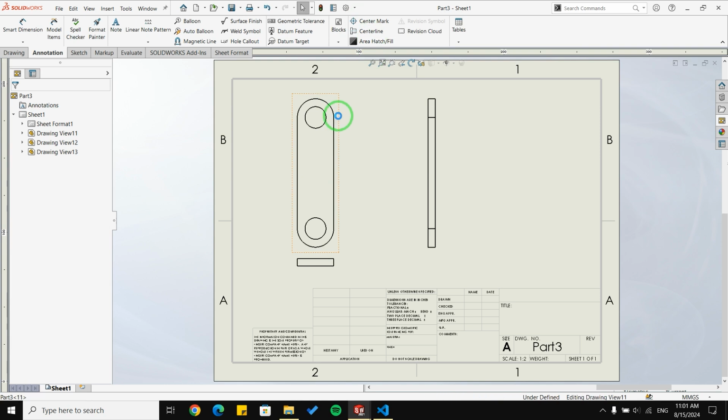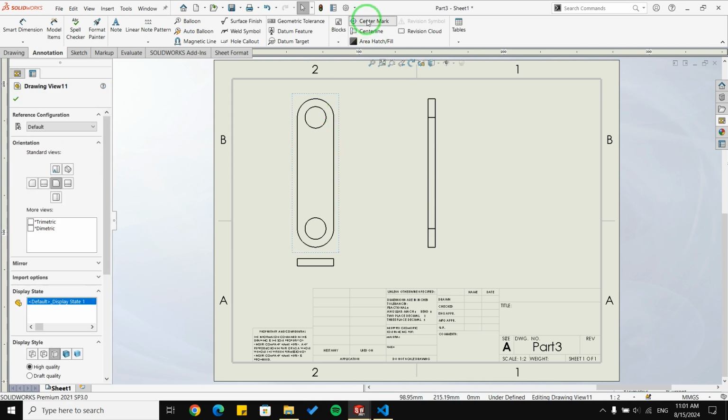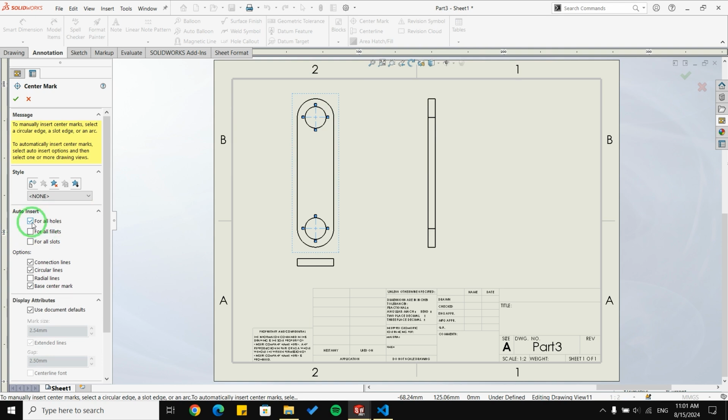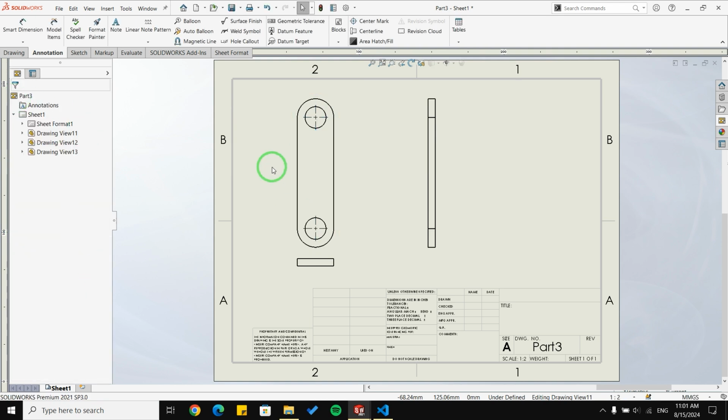For that, you're going to select your views first, select center marks, and select for all holes, and then click OK. And as you can see, you have center marks in your views, or just a view. Okay, let's write a script to do that for us.